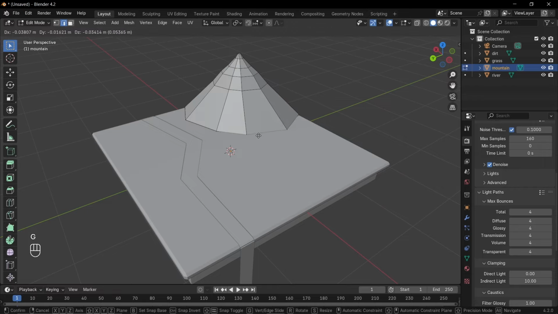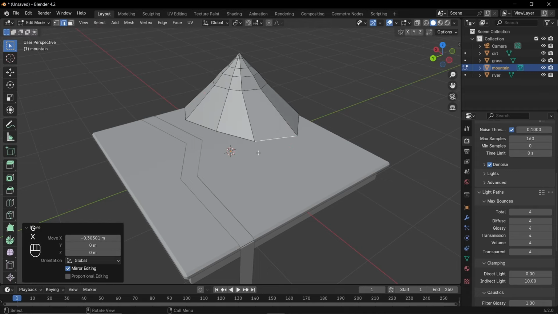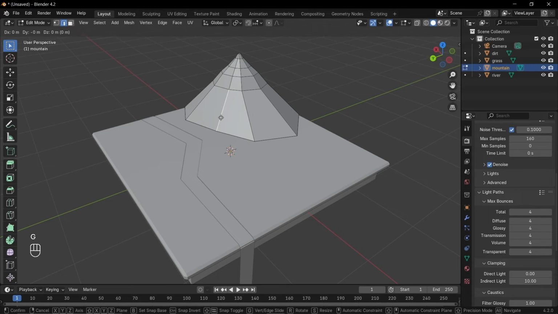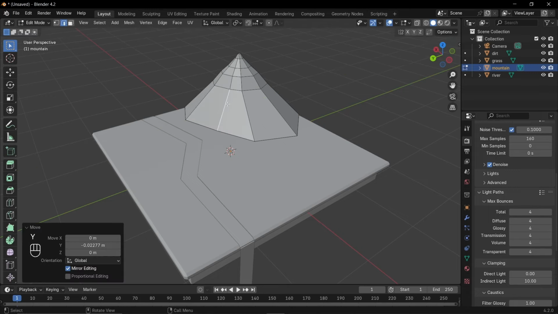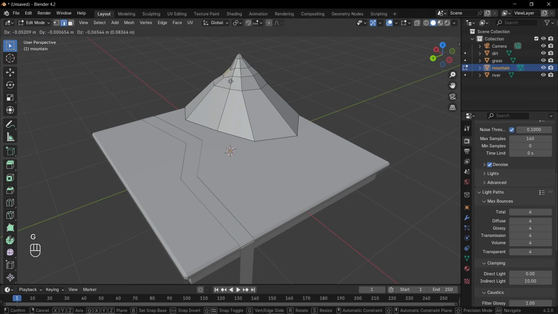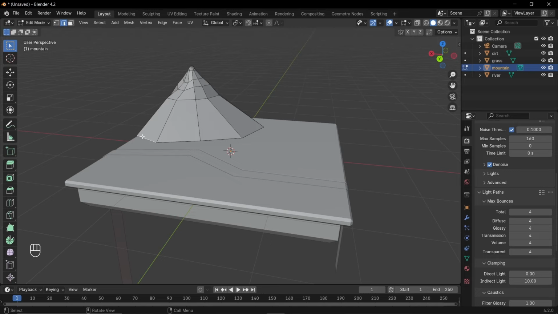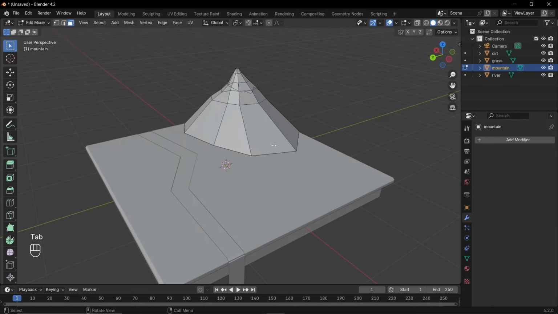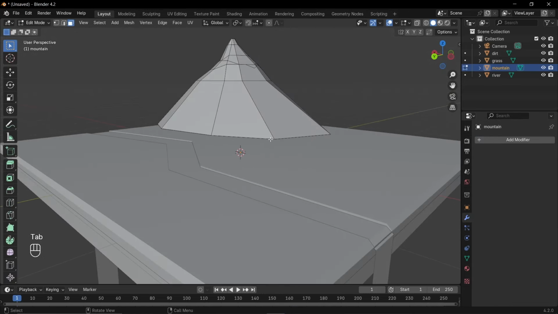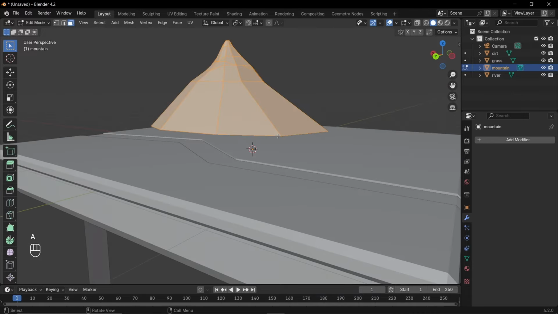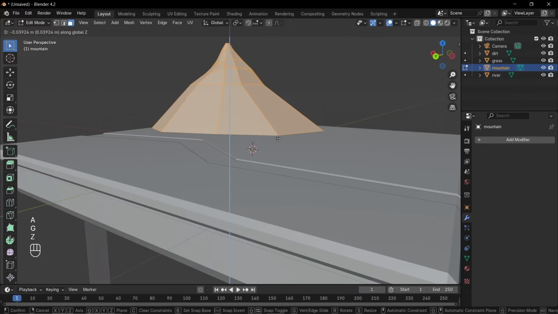You can also just move these around on certain axis. G. So I think that's a good mountain. Let's, first of all, this is too far up,